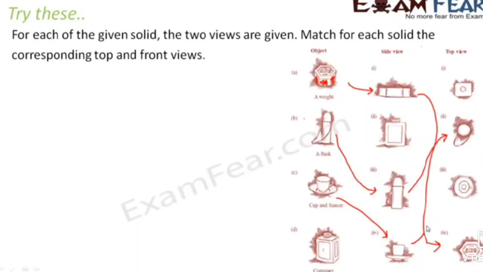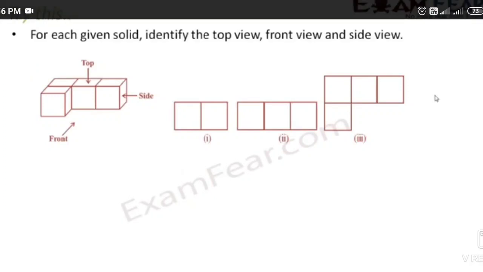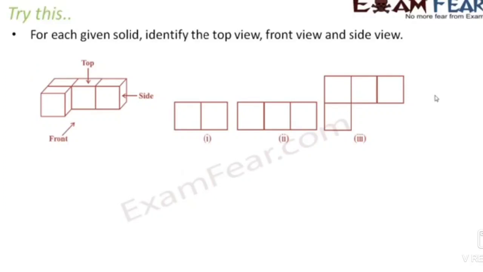In the third figure there is a circle, that means the saucer. Around that is the cup, and the cup is on the saucer. Yes, this is the top view. Now the last figure is of a bottle. We can see the side view as this, but in the top view we can only see this: a circle and around that a rectangle. Okay students, these are the different views of an object. Now you can see this, top, front and side view.